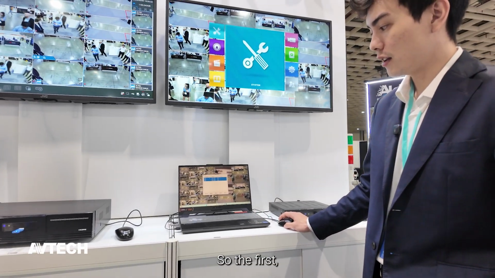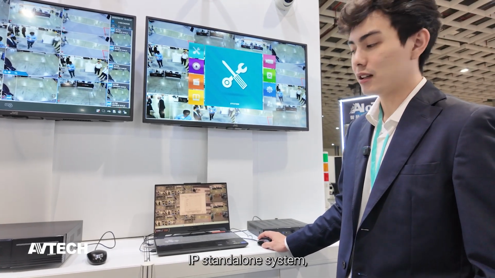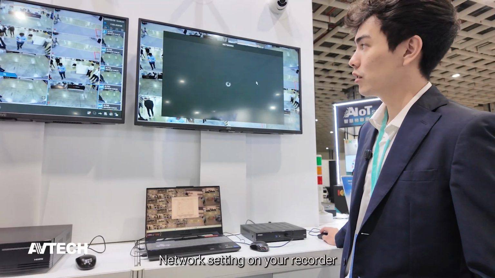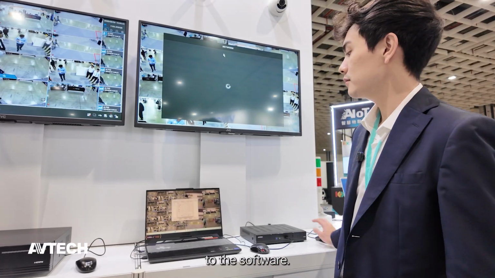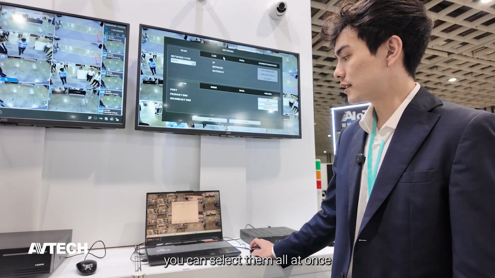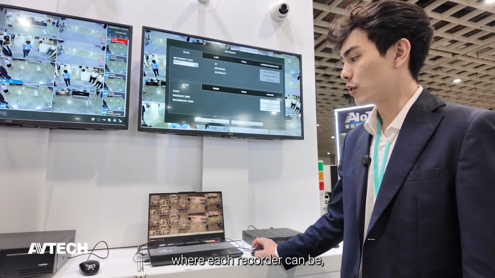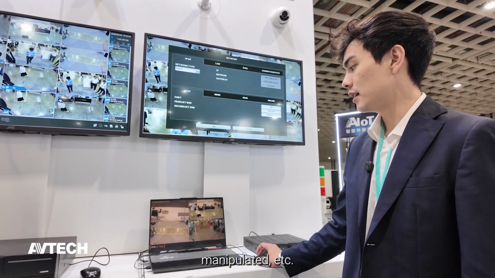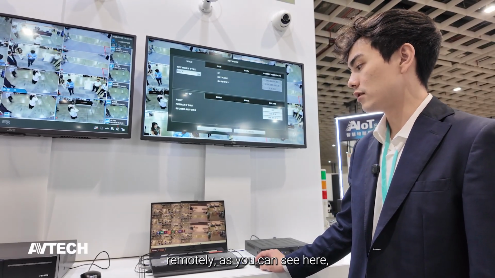So the first interface that you'll see is this one, where you can add your individual IP standalone system, or you can also use the UUID network setting on your recorder to have an easy addition to the software. Once you have all of your recorders, let's say a number of them here, you can select them all at once and then open up your video wall system, where each recorder can be individually manipulated, etc. Or you can also change the setting remotely. As you can see here,